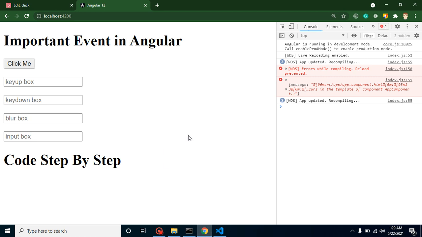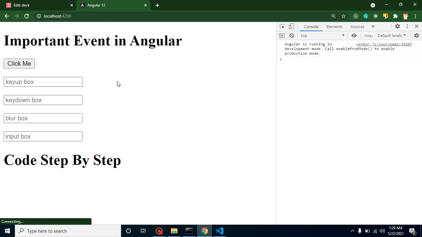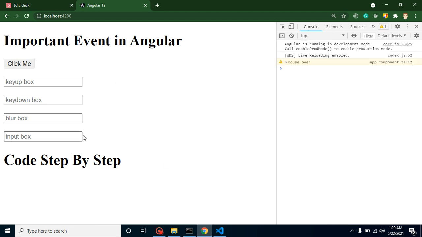Whenever I get my mouse over the text, it will print the value.